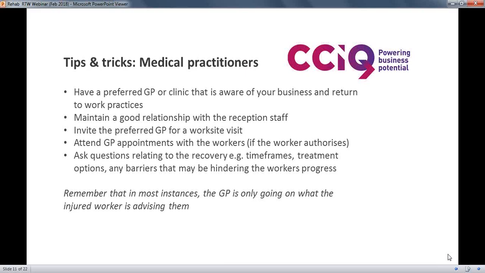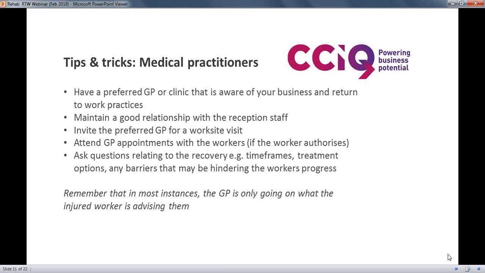In most cases, a doctor or a GP is only going to go off the information that the worker has provided them. So quite often they don't have anything in the way of a position description or a list of core duties that the employee may do. They may receive this through an assessment from an occupational therapist on site, but you may not actually have an occupational therapist doing an on-site assessment. It may be something not requiring an on-site assessment, and you may choose yourself to go down that path if work cover don't go down that path.